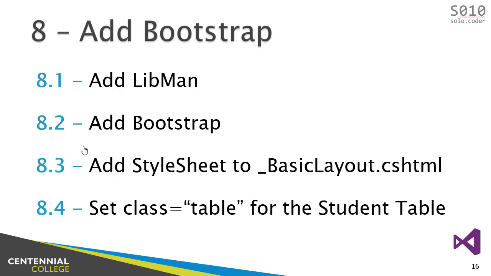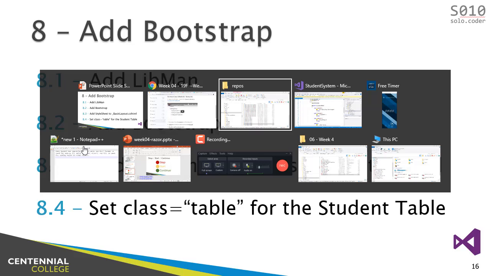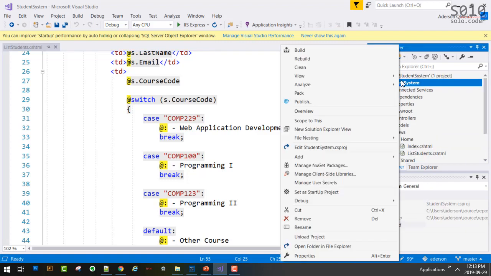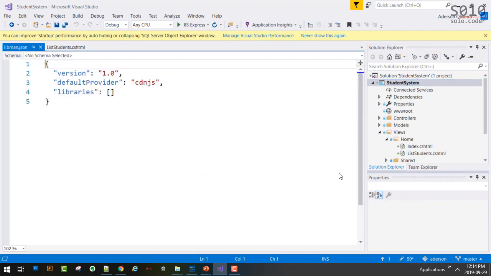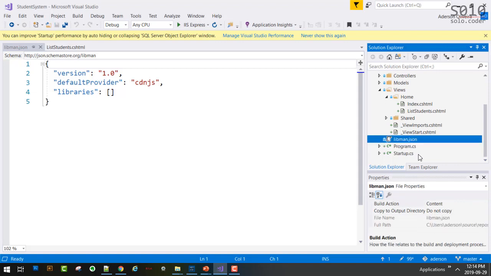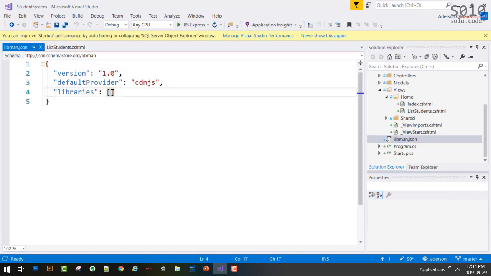So let's add Bootstrap using that. How can we do that? Well, here is our application. I'm going to go to the very top, to the project. I right-click there, and then I go to Manage Client-Side Libraries. When I do that, a new file gets created, called libman.json. It's a JSON formatted file, and here I can add references to third-party libraries like Bootstrap, like jQuery,